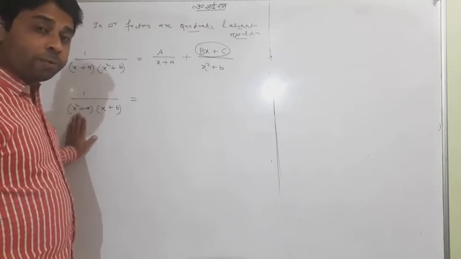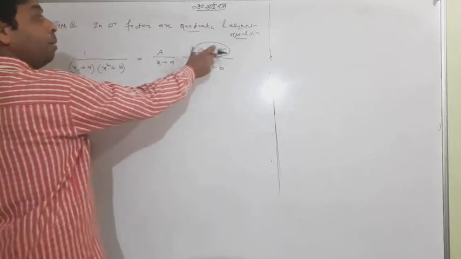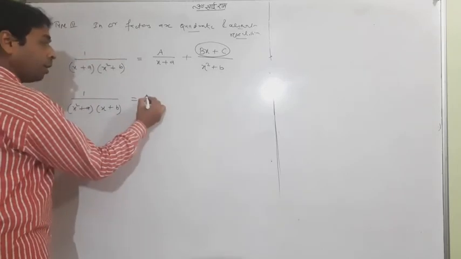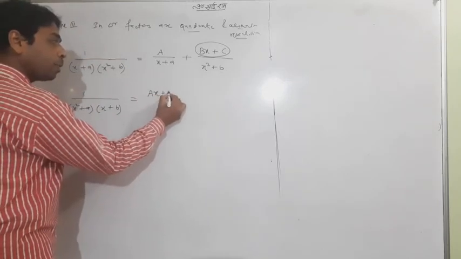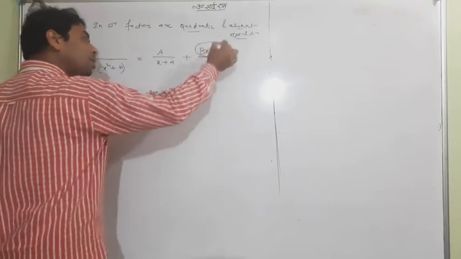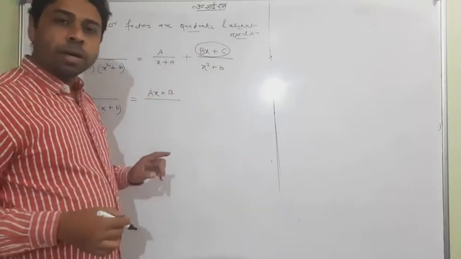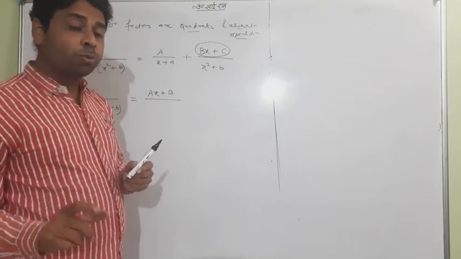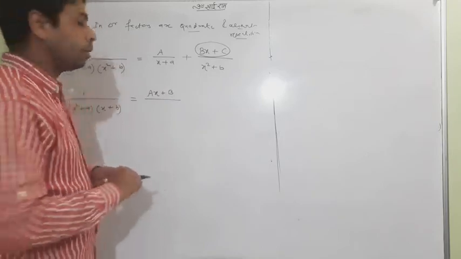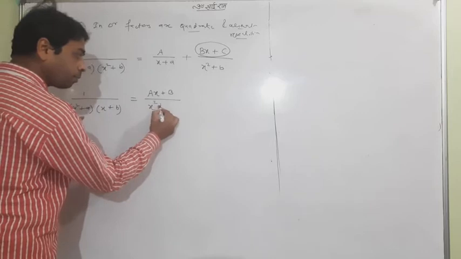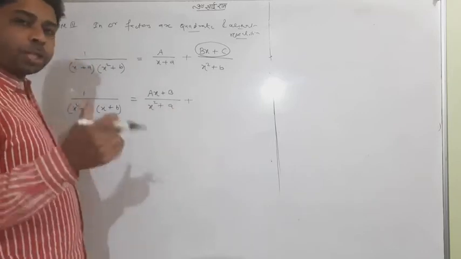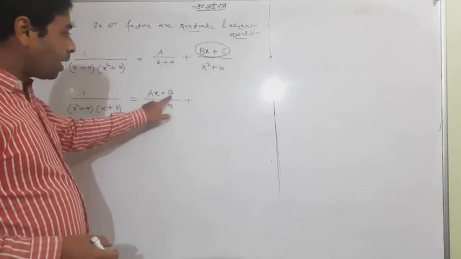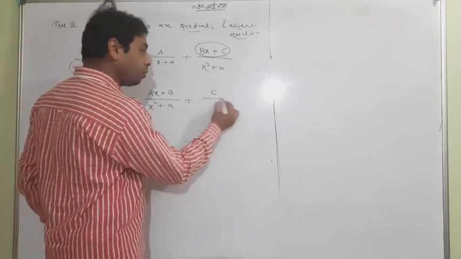So okay, we will start with the same pair, but we'll start with a. I'll write that particular factor as ax plus b. You know that this is very significant and ideal, that ax plus b is the particular pair which comes for a quadratic factor. So ax plus b upon x square plus a will be coming because it was quadratic, and after using b it is c upon the next factor.